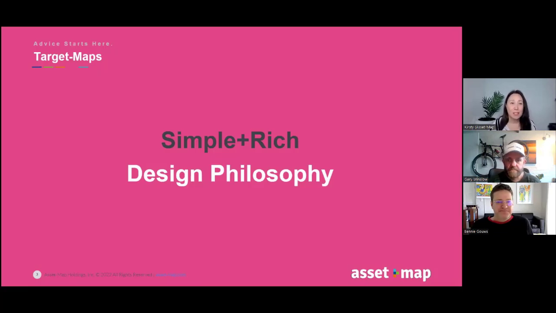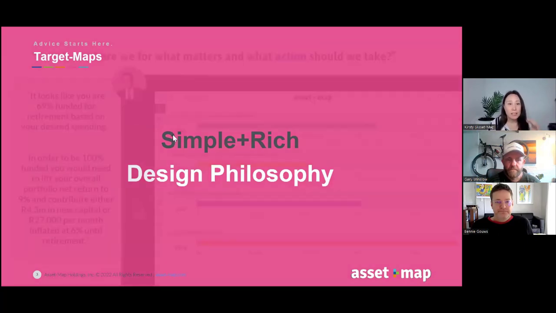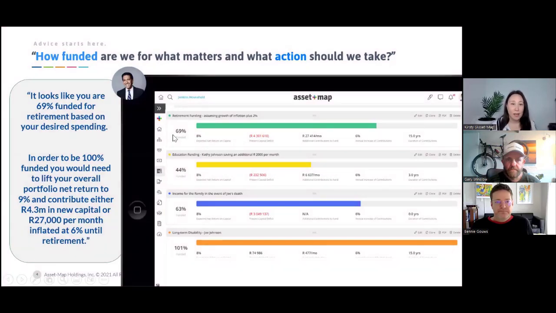First thing I want to just touch on is what the purpose of target maps is, and it's really about enabling client conversations. So using asset maps' simple, rich design philosophy to illustrate to clients how funded they are across certain events or goals that they have. But most importantly, to facilitate a discussion around how we move them across this bar. How do we progress clients, and how do we help them take a step forward across the different goals and